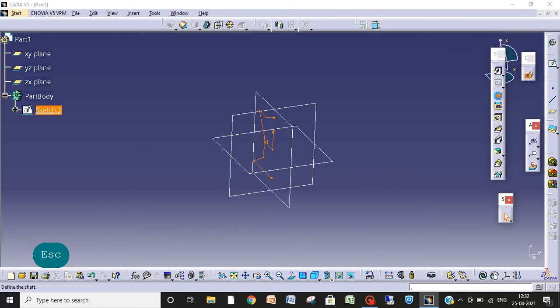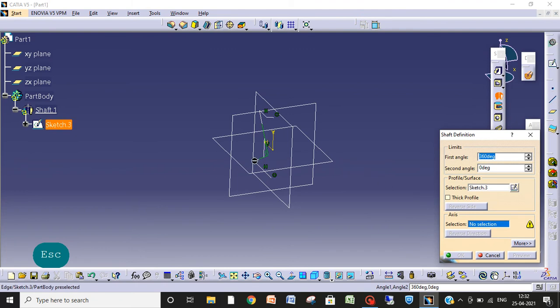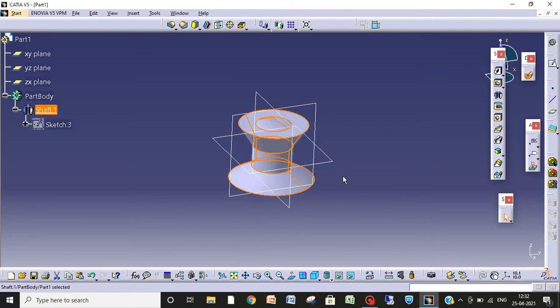Now use shaft. This sketch will be revolved and you need to find the center axis. This is the axis, the vertical axis. And okay, you can see this, what I have made is shown like that.